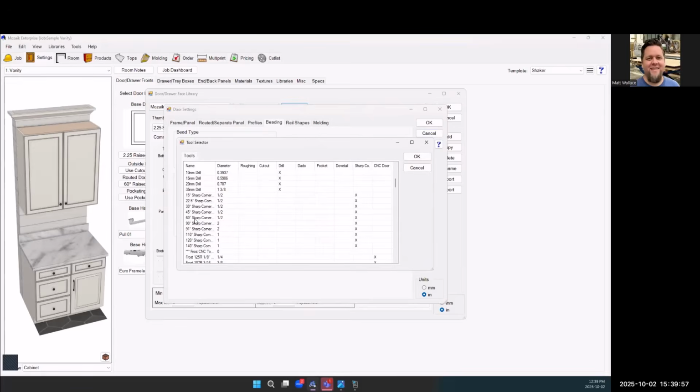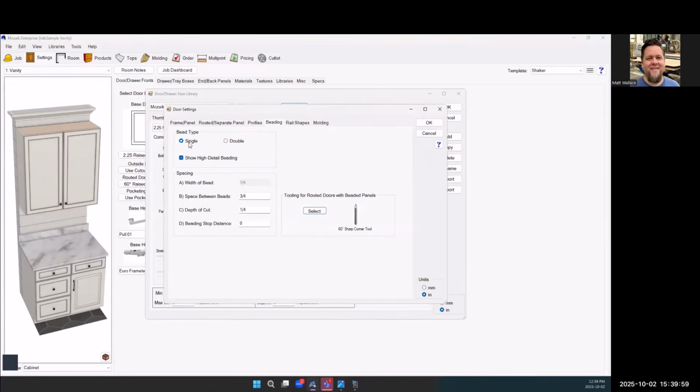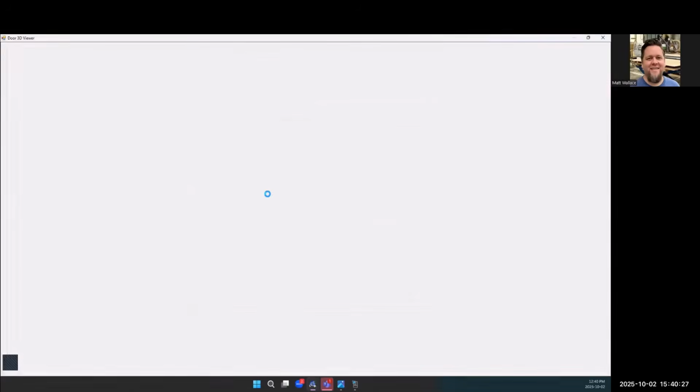So I'm going to grab the 60, and you can set up a single or double. So if I wanted to do a double, I have options here to do the width of the bead, the space between the beads, and then the depth of cut. So let's just make some changes to the space between the beads, 3/4 width bead. The stop distance, this is a nice one. If you're running a larger tool and you needed to stop before the edge of the panel, you can create stop points. So I'll add a 1/4 inch here just to kind of show you what this is going to do. So if we look at this door now,